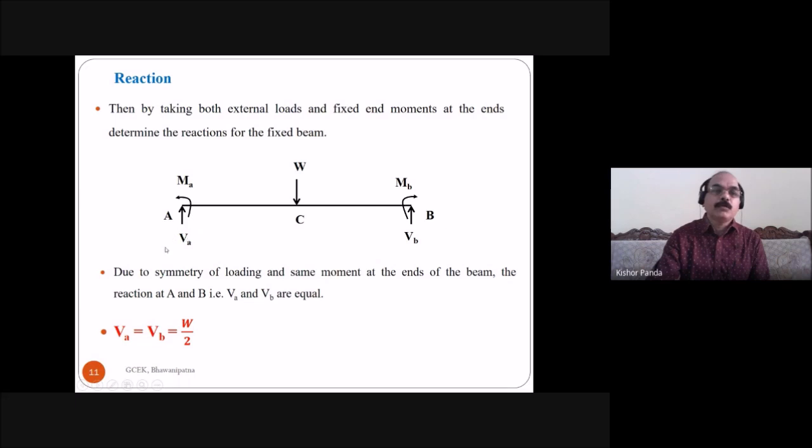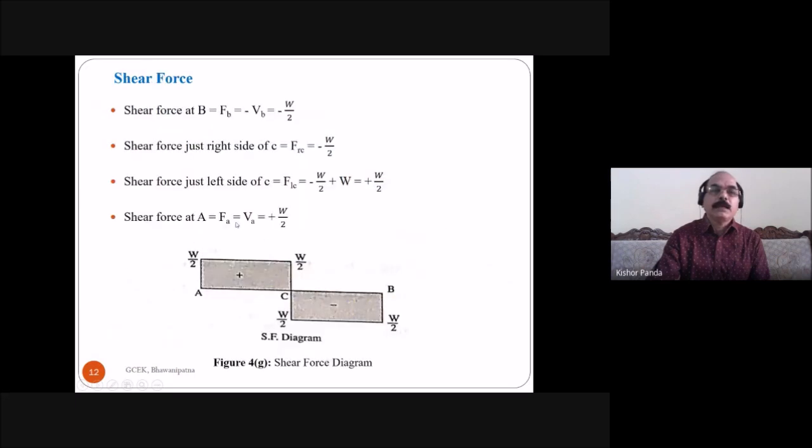So this is equal to BA. Shear force at A is equal to plus W by 2. BA is equal to FA. This is the shear force value. So after getting the shear force values, you can plot the shear force diagram, because here you see,